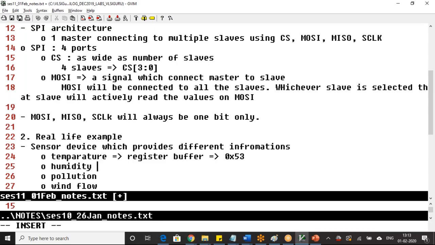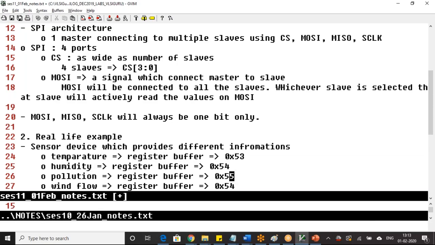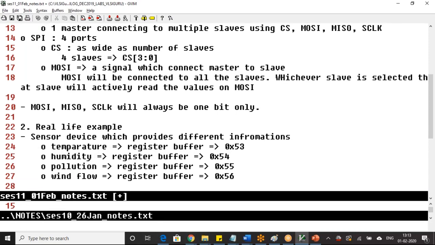This is again mapped to a register buffer, address is 54, 55, 56.